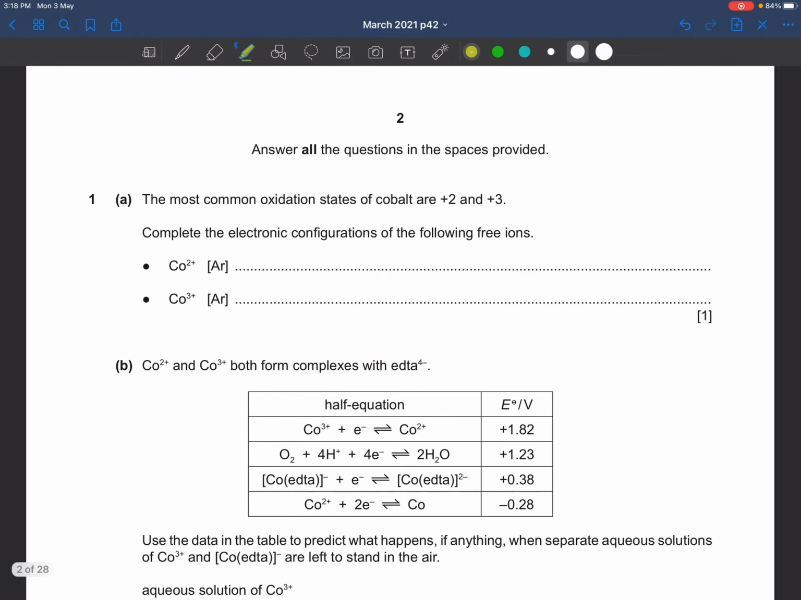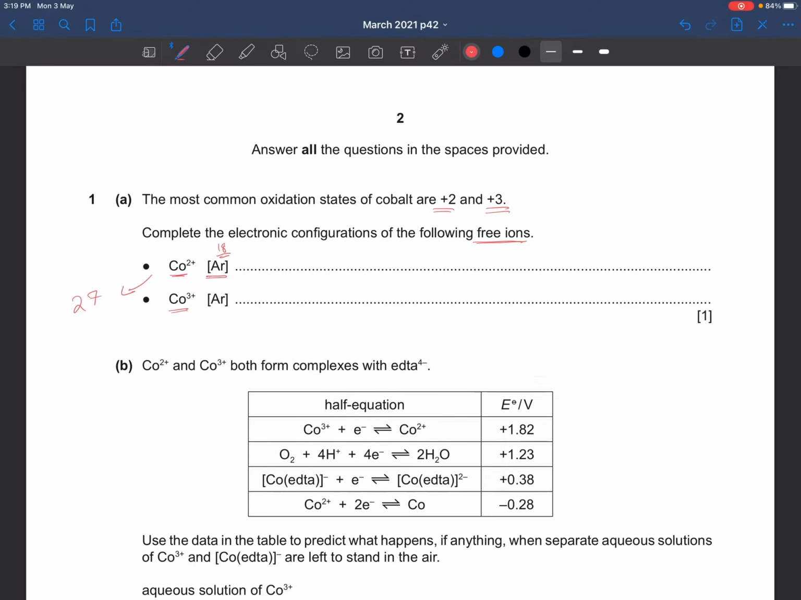Now the first question we have in this paper is: the most common oxidation states of cobalt are +2 and +3. Complete the electron configuration of the following free ions. So we have to write the configuration of cobalt +2 and cobalt +3. And cobalt, as you can see from the periodic table, the atomic number for cobalt is 27. So for cobalt +2, we already have argon mentioned here, so that means 18 electrons are already